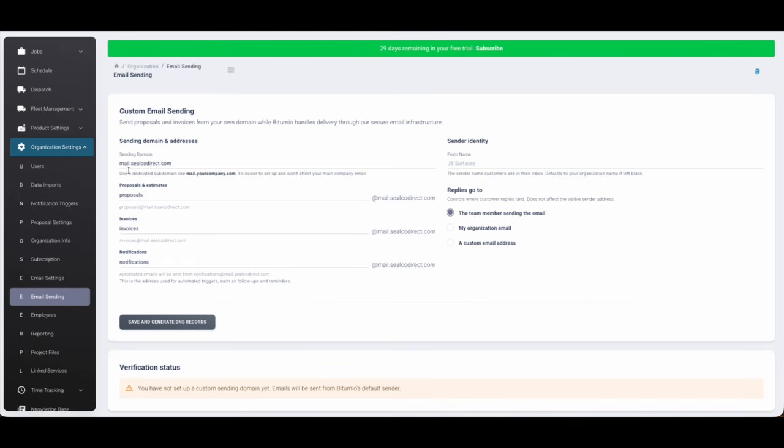It's just going to look as if the Bitumio information is coming from this type of domain instead of your top level domain. So proposals at mail.sealcodirect.com, invoices at mail.sealcodirect, and notifications at. So it's still going to come from your domain. It's just being listed as a subdomain of that. Again, you can do your main domain. Totally up to you. This is just our best practice to make sure we're not interrupting any of your other